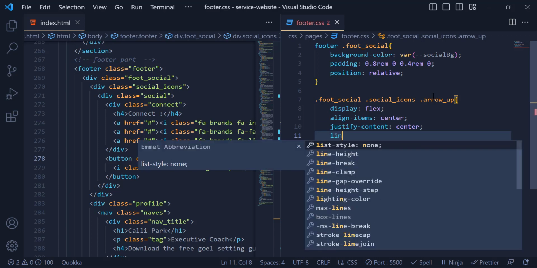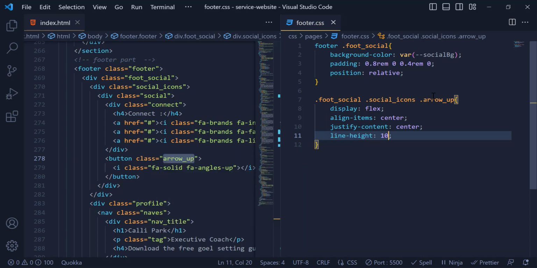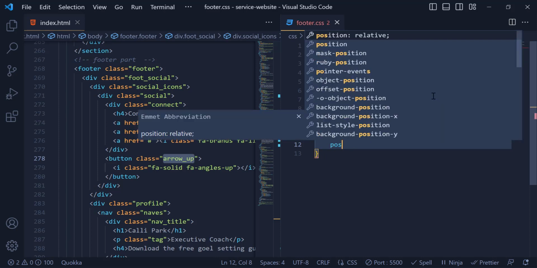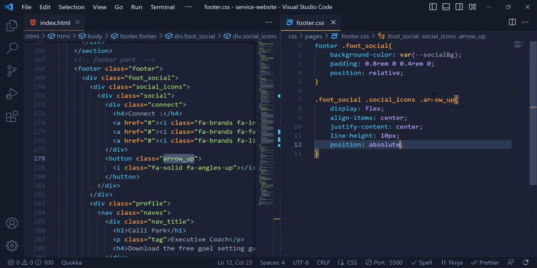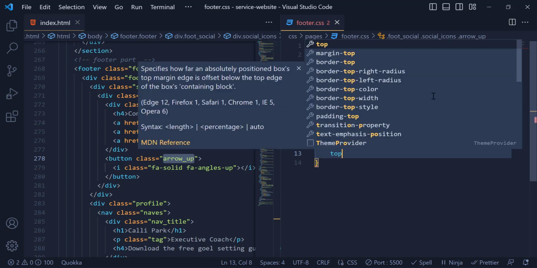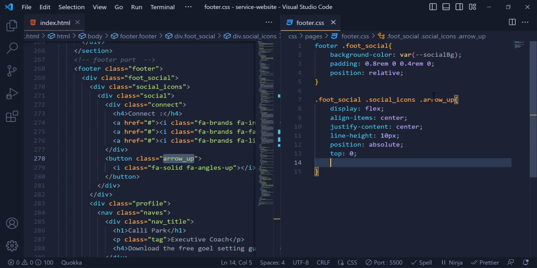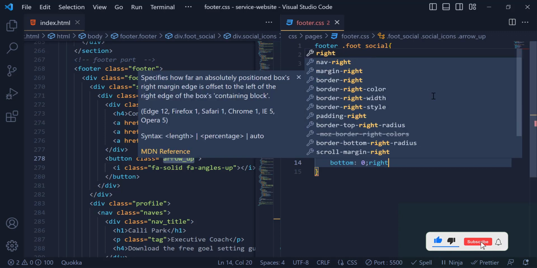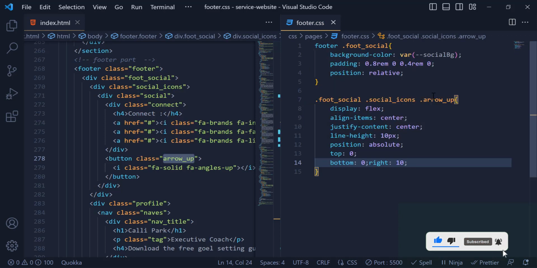The line height is going to be 10 pixel. Position is going to be absolute. So for the top is going to be 0, bottom is going to be 0, right is going to be 10%,